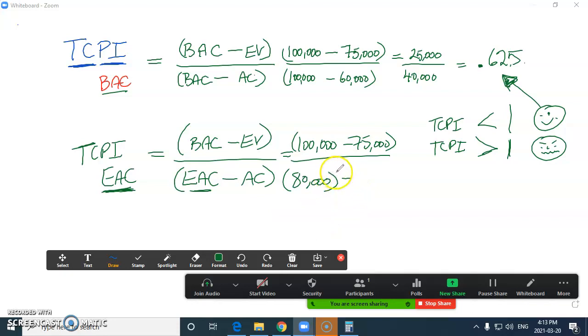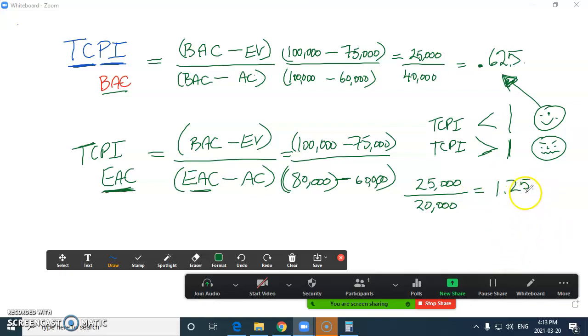So, oopsie, EAC minus 60, which equals 25,000 minus 20,000, right? Which equals